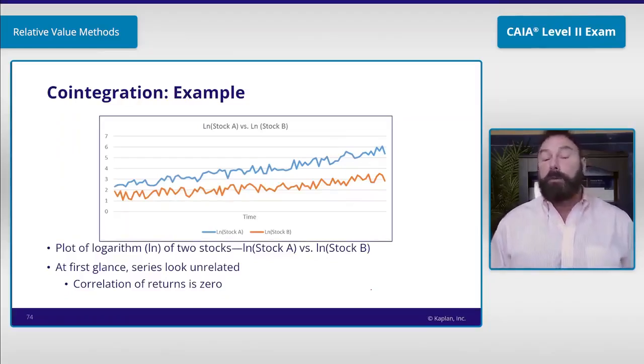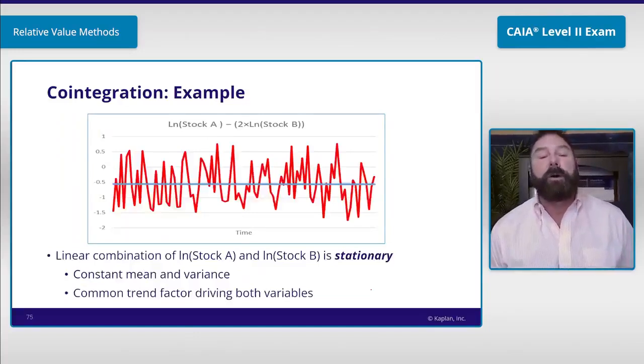In other words, the raw correlation of the returns are not going to be exhibiting correlation or uncorrelated in general. But notice that when we look at a linear combination, in this case, let's say we took the natural log of stock A and then we subtracted out 2 times